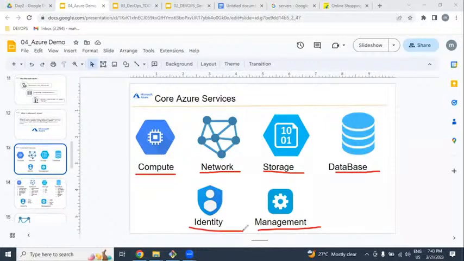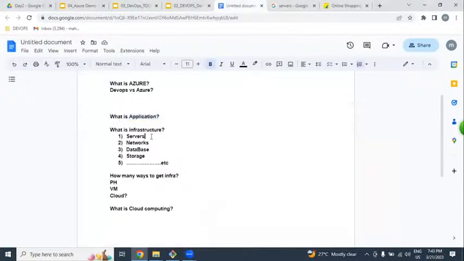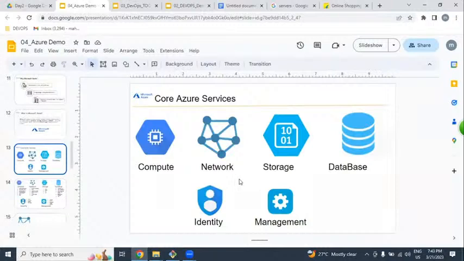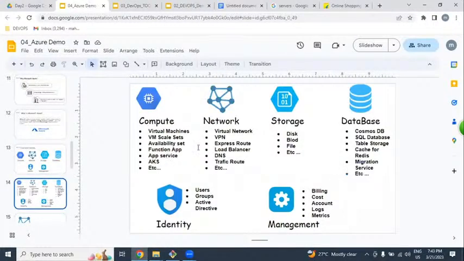So these are all the modules we are going to discuss. Servers are nothing but computing power, network, databases, and storage. These are all the services we are going to get from the cloud.